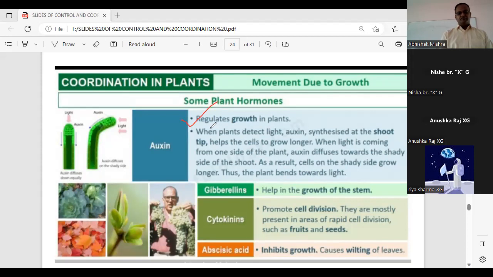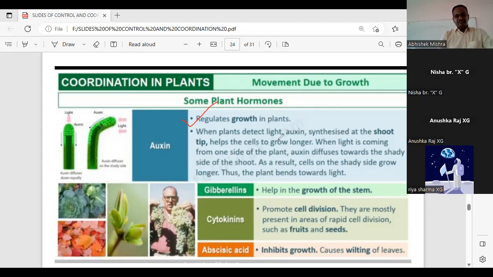So these are the 4 hormones. Now you will one by one, when we study it separately, you will see that there are some hormones which have the common function. So first a common function we will study, and then the special function we will do separately. Auxin definitely helps in the growth of the plant. They promote fruit growth. They help in cell enlargement, cell differentiation. Cell differentiation means where the cell will be designated to form different tissues.